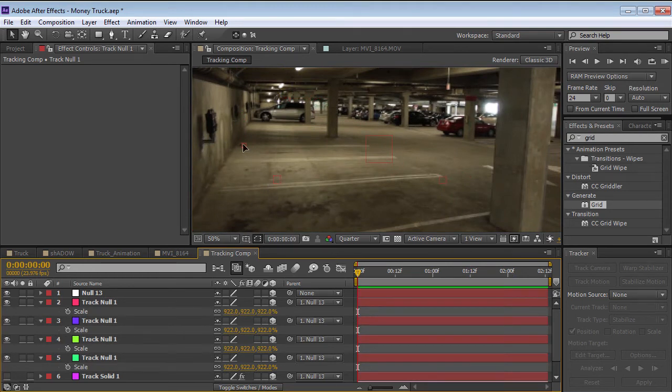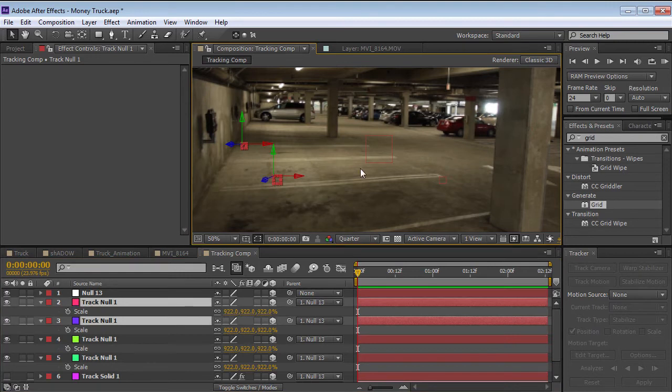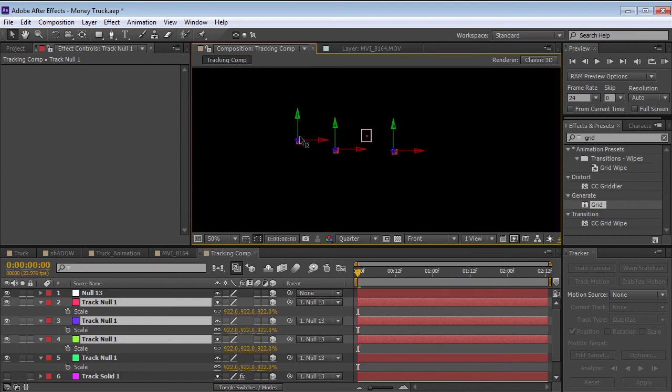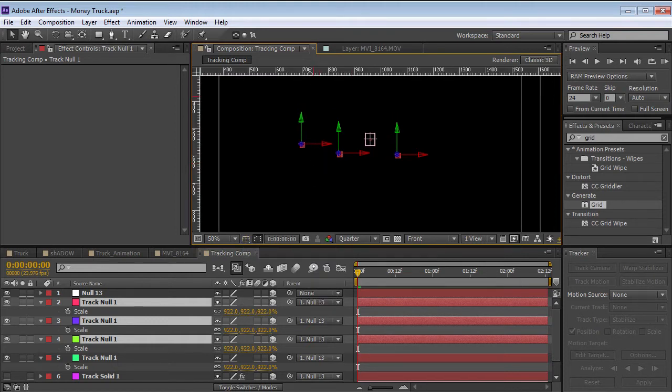But what I do want to do is take this null object, and this null object, and make sure my ground plane is perfectly flat. In other words, when we add stuff into our scene, we want to make sure that it lines up perfectly flat. So if you have 3 points that are on the same flat plane, what we can do is go to the front view, and we can see those 3 points, and we can also see that they don't line up. So if we were to turn on the title safe, even hit Control R, we can bring up the ruler